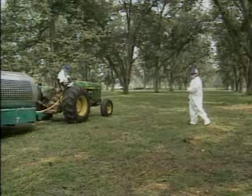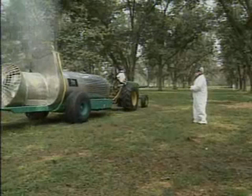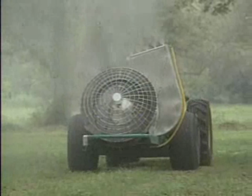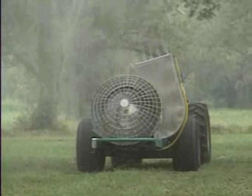course. When the front wheel of the tractor crosses the first flag, turn the sprayer on, and with a stopwatch, start timing how long it takes for the tractor to travel the course. When the front wheel of the tractor crosses the flags at the end of the course, cut the sprayer off